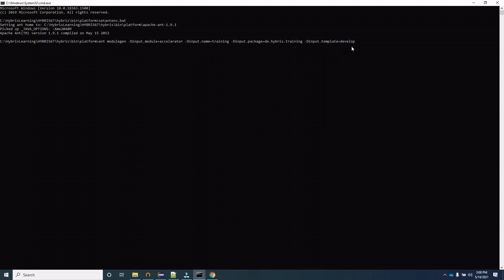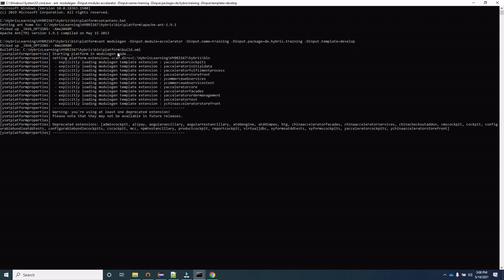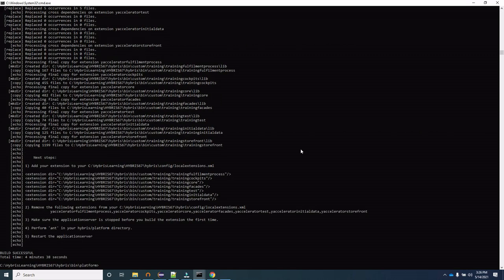Here we are doing it for development, so that is why we have given develop. After that we will press enter and it will install the modules. The module gen command basically generates a set of logically related extensions at once.